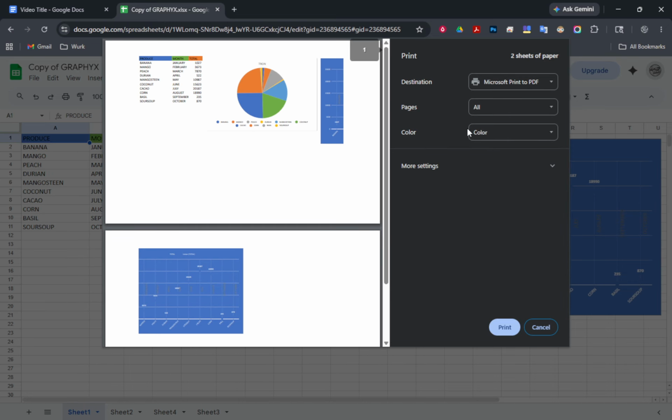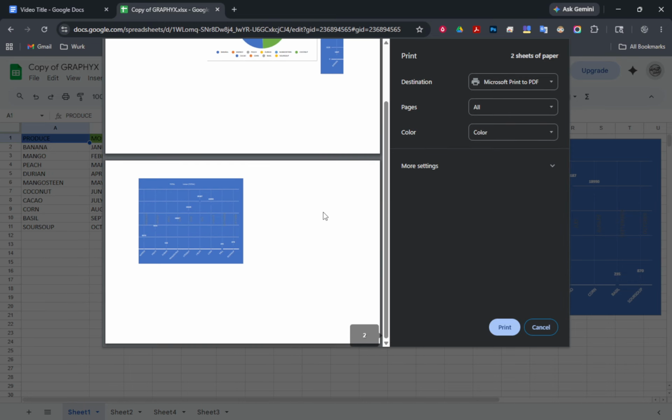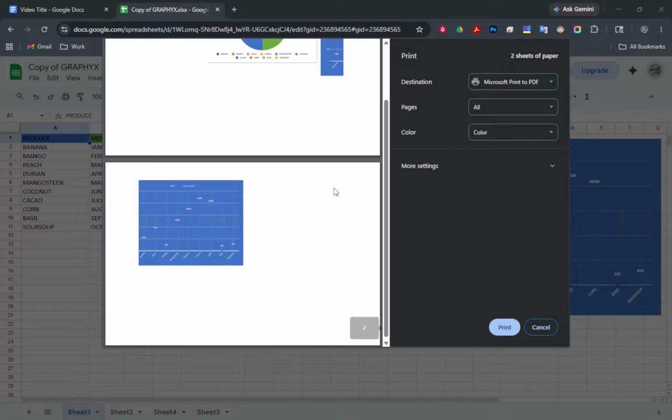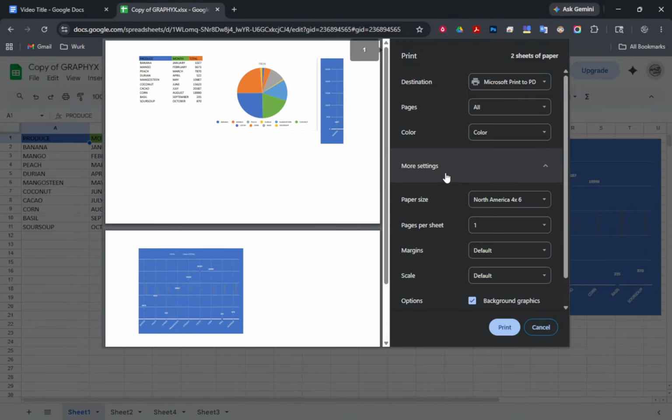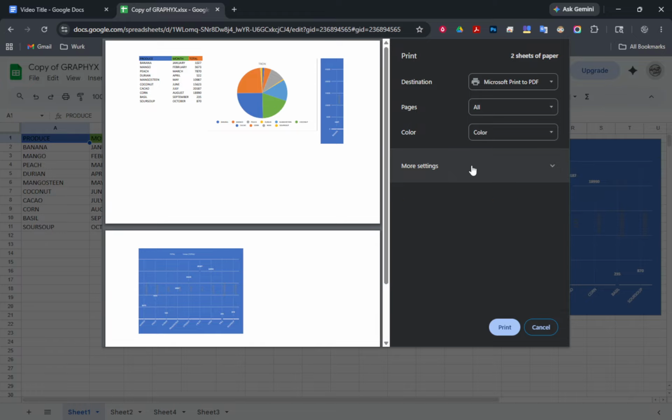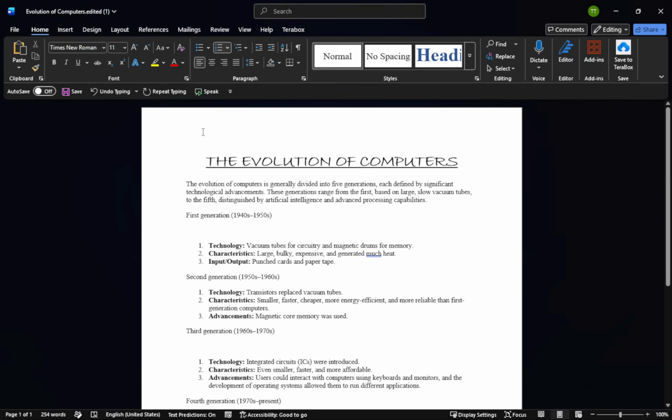If you're already working in Microsoft Word or Google Docs, there's an even more direct option. In Word, go to File, then Save As, and choose PDF as the file type. In Google Docs, go to File, then Download, and select PDF document. These built-in export options are great when you want to preserve headings, hyperlinks, and page breaks exactly as they appear in your editor, and they save you the effort of opening the print dialog.